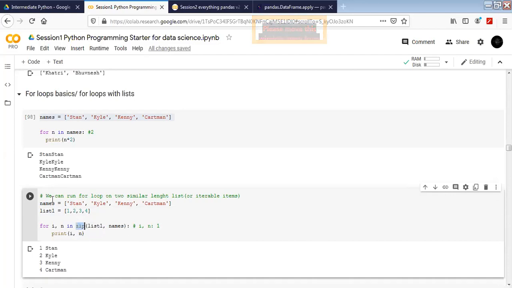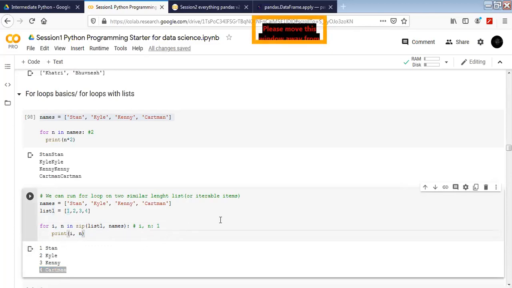So what I can do is combine those using a function called zip. Inside it I can pass the first list that I want to put here and the second list, which is names here. Now zip is going to create the counter for us, but the counter variables are going to be i and n, because there are 2 lists now, so we need 2 variables here. The counting works exactly the same as before, for the 0th position of i and the 0th position of n. So the 0th position of Stan and the 0th position of the list is 1. We are going to get 1 and Stan, then 2 and Kyle, and 3 and Kenny, and 4 and Cartman. Is this clear now?